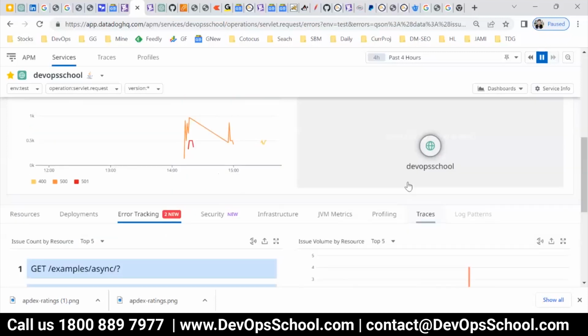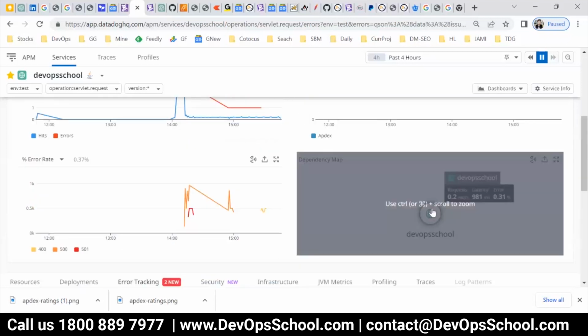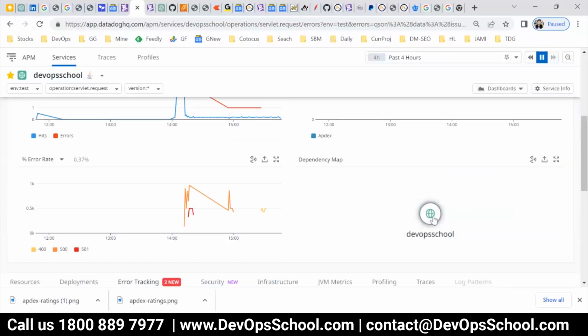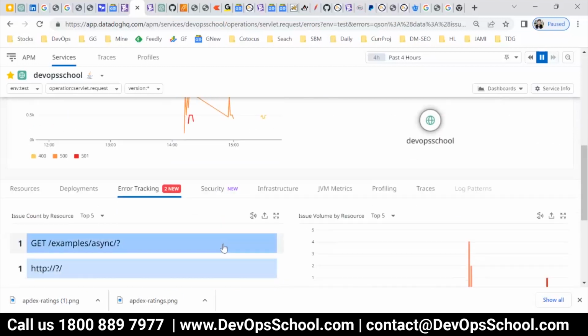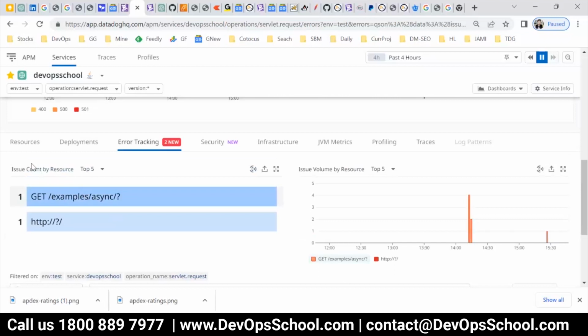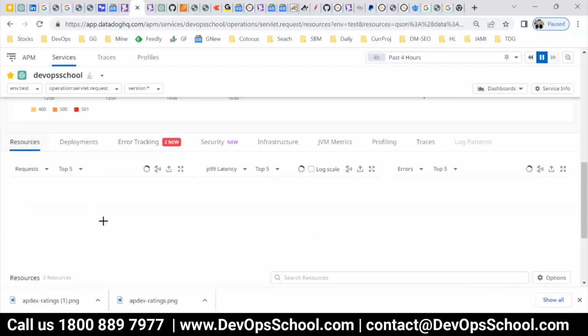A dependency map will give you a visualization of which service is talking to which service. This is like a trace across multiple services, showing what the latency is, what the errors are, what the number of requests per second is, and the response time. Now this same thing you have in a detailed manner in tab fashion. So here